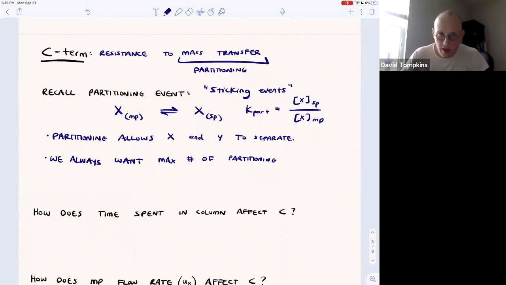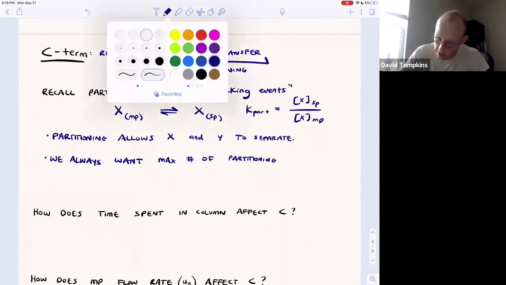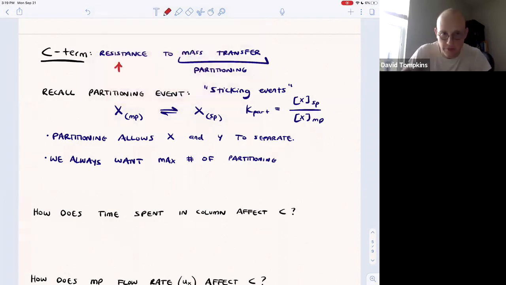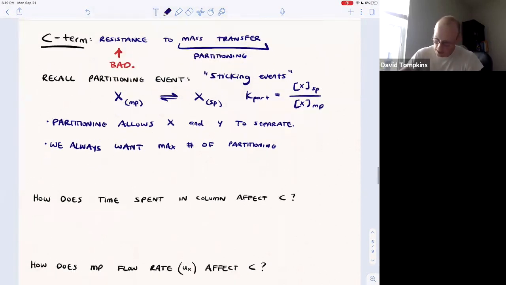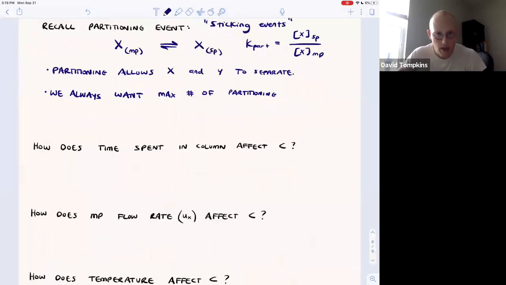So we do not want resistance to this. The resistance part is what's bad. We do want mass transfer to occur. And the higher the resistance to mass transfer, the higher the C term will be, and that will affect the plate height. So if we think about